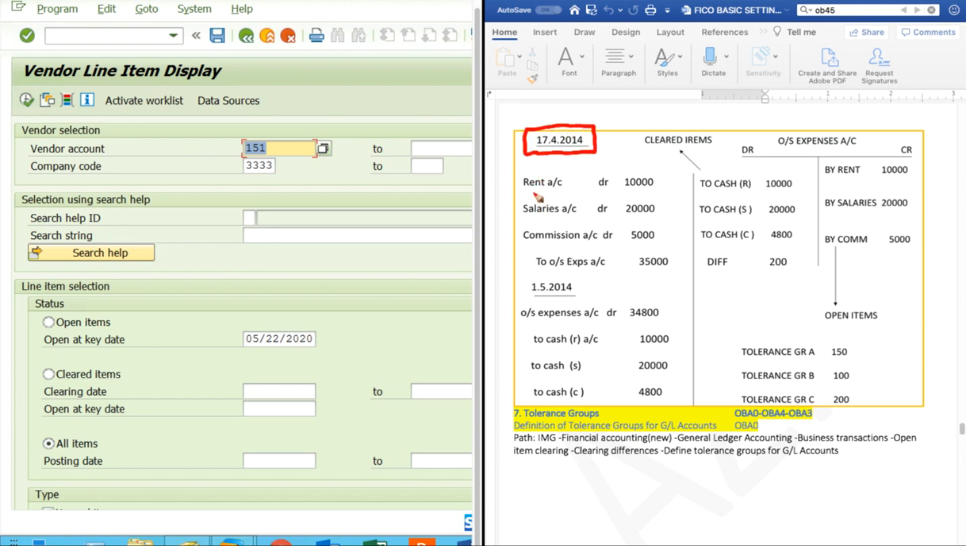You created a provision on 17th, let's say April. You created a provision in SAP that I need to pay rent for 1 lakh. I need to pay salaries to my employees for 20,000. This is 10,000, sorry, and 20,000. And then I have to pay commission for the sale people for 5,000, right? Now someone in accounting will post this transaction, and then you will credit outstanding expense, and then total will be